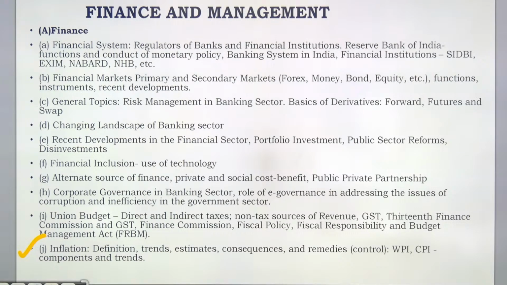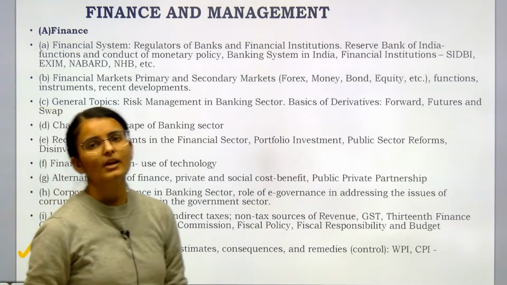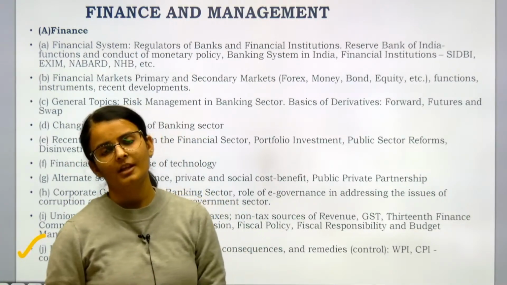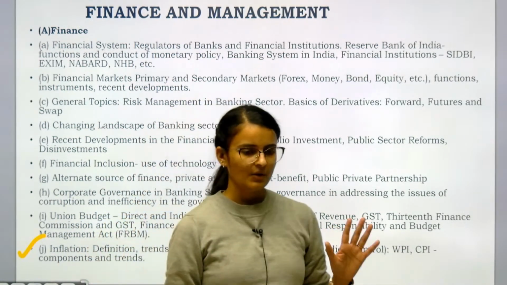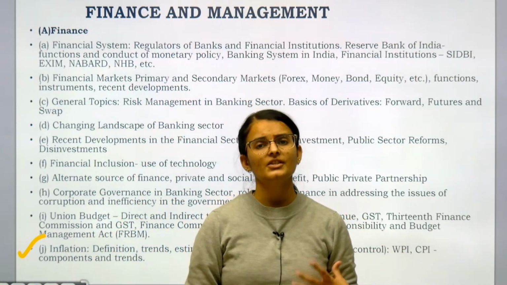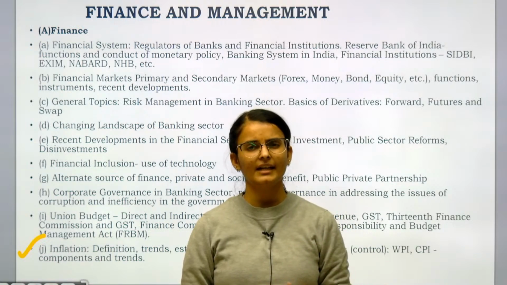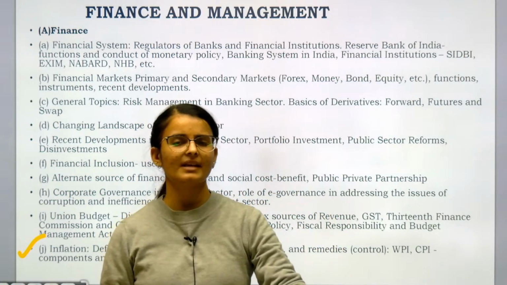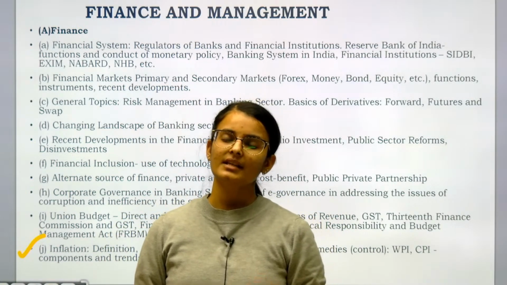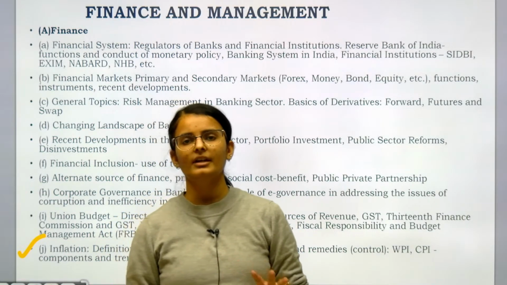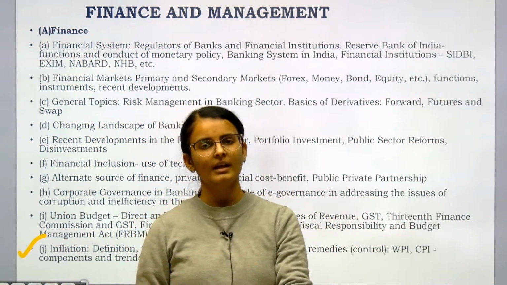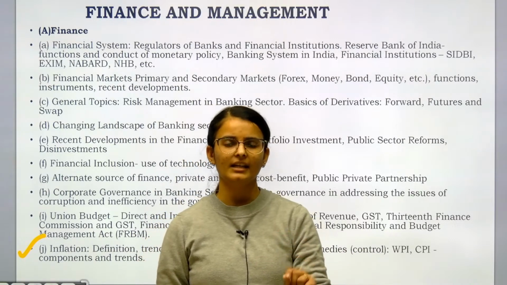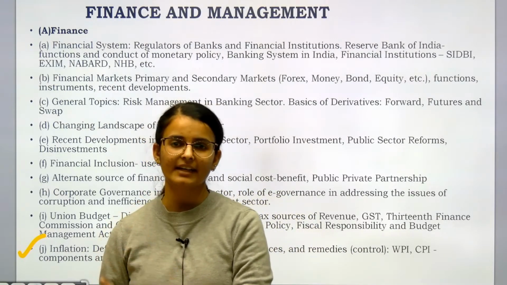So now see, when any WPI or CPI news comes up, we probably find difficulty in understanding it, because we just mug up the data, like WPI is this much, CPI is this much. If you are a serious aspirant and you want to improve your content, you should know that if WPI is going down, if it is negative, what does that indicate? If CPI is going up, what does that indicate?